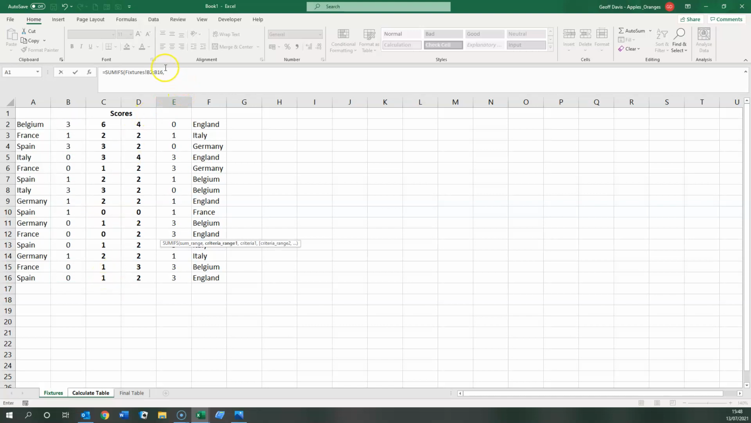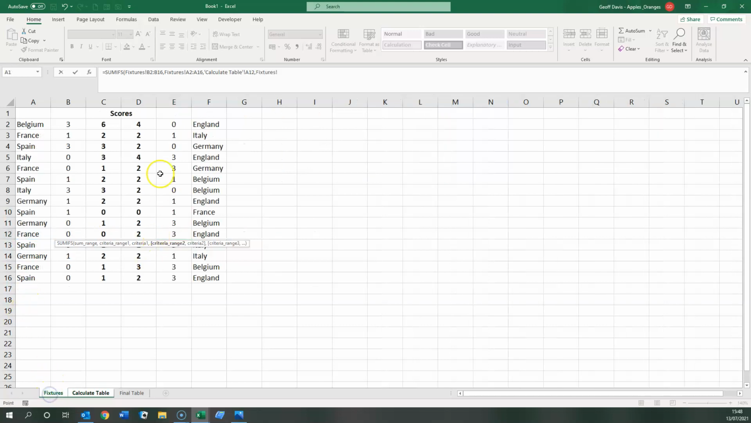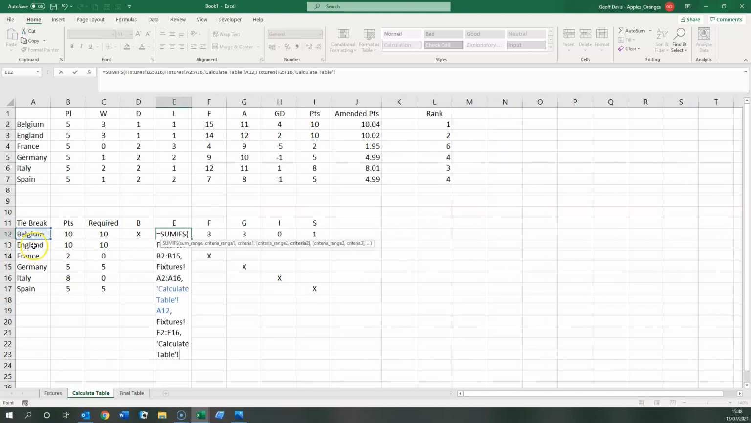And when do we want to add it up? So we want to add it up if this column is equal to Belgium, and also if this column is equal to the next team down, England. Close off the brackets. Okay, but what we also want to do is another SUMIFS, and again this time